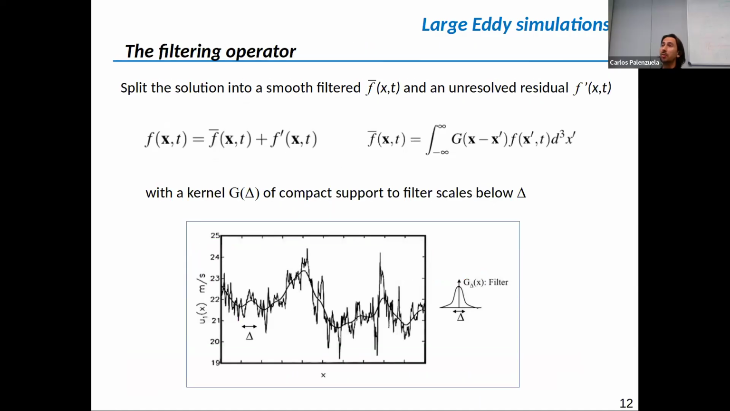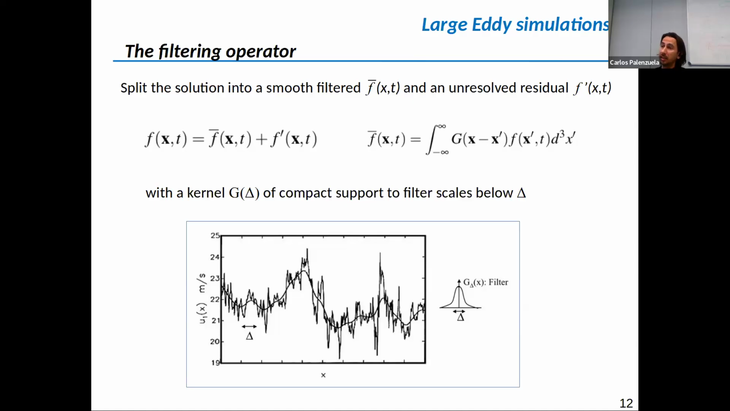So basically, you split the solution into a smooth filtered quantity, F bar, and an unresolved residual, F prime. And in order to get the F bar, you multiply the full solution by a kernel of compact support, and integrate over the whole domain, in the volume. And you can see here an example that if you use some sort of Gaussian